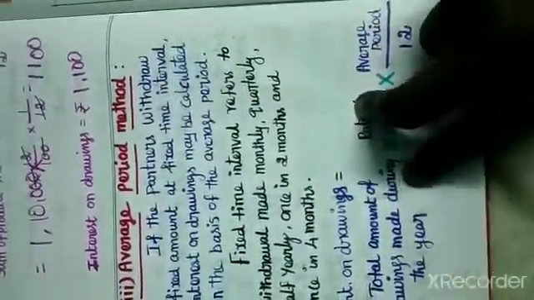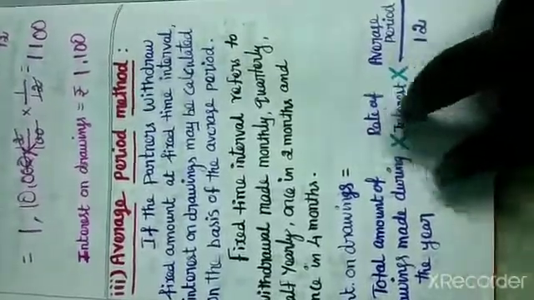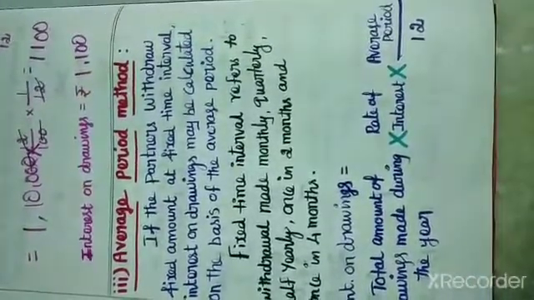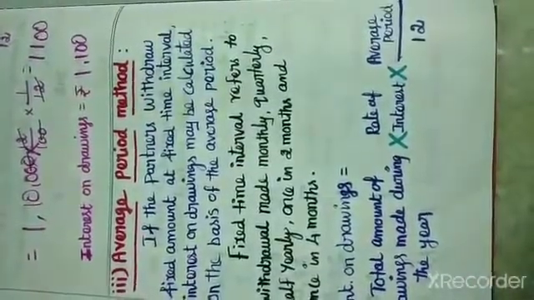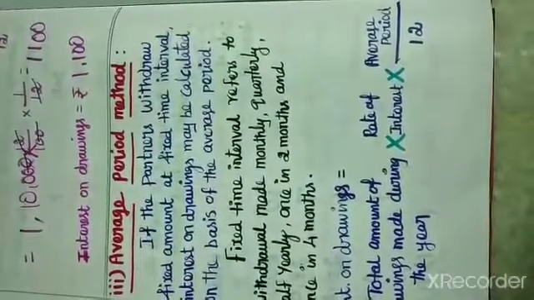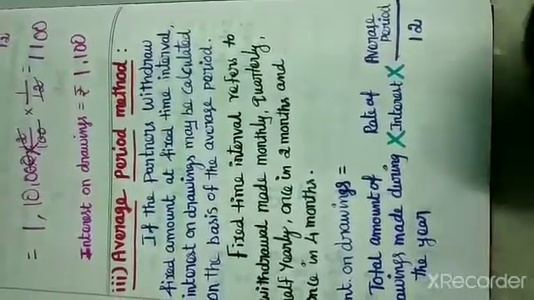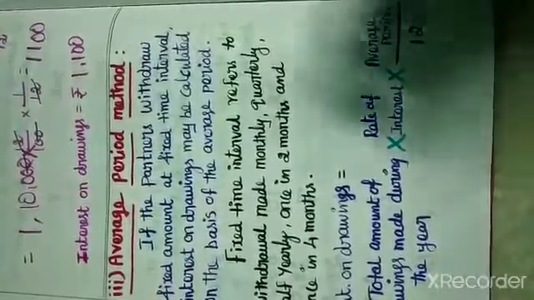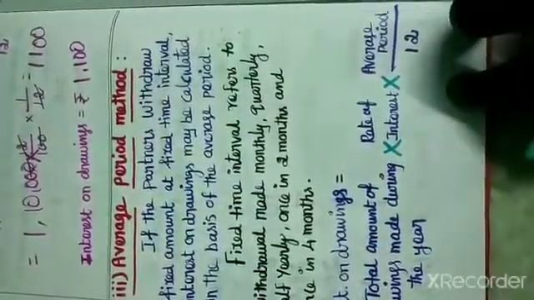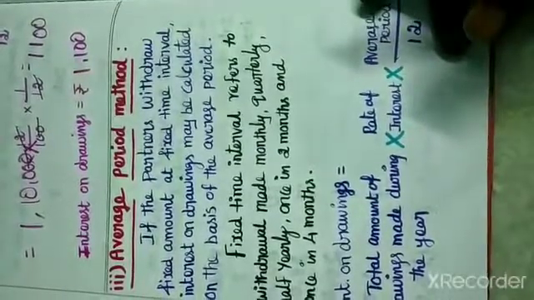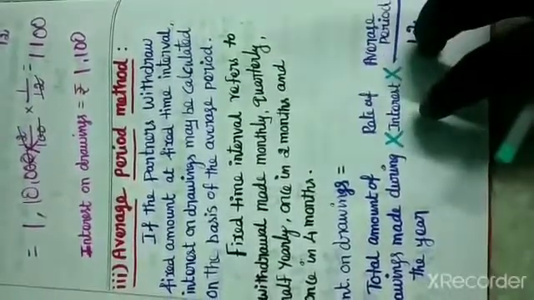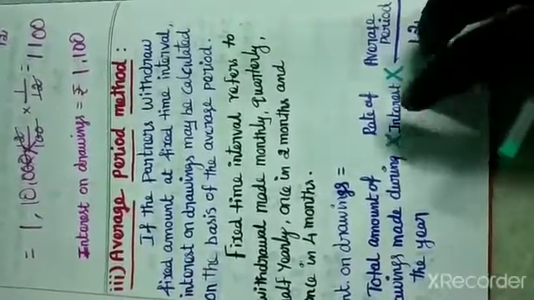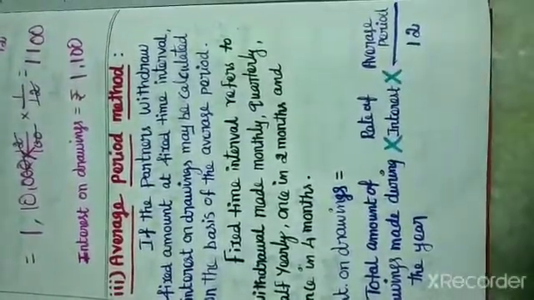You see here, in the last sums we have seen the partners withdrawing the amount from the partnership firm when they need the amount. Suppose they need the amount in the beginning of the year, they withdraw then. Randomly they get the amount, not sequentially. Maybe once in 6 months they have drawn. So in that case we calculated the interest on drawings individually.